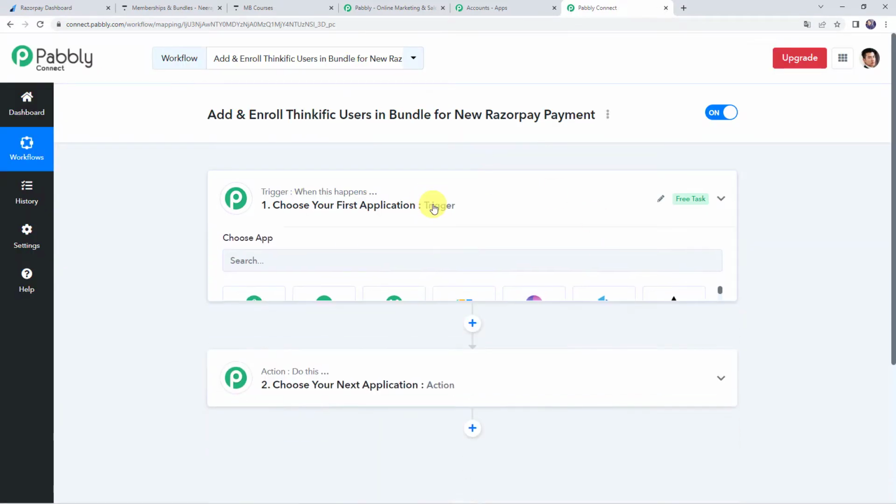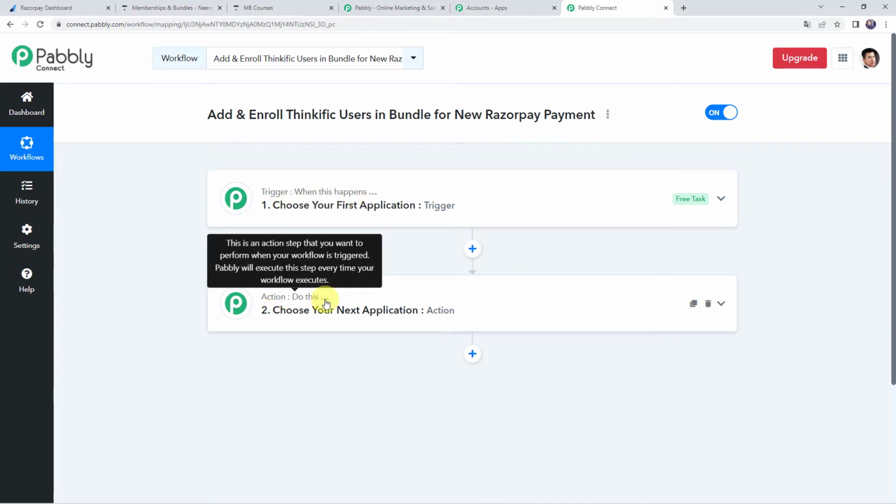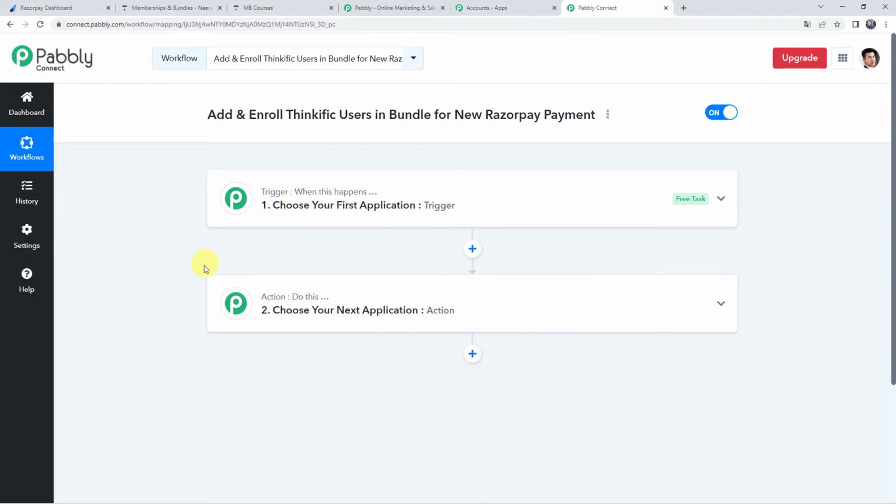Now we can see a trigger window and an action window. So Pabbly Connect works on the concept of trigger and action. Trigger means when this happens, action means do this. So in this particular use case, we want that whenever a customer makes a payment through your Razorpay payment link, automatically the same customer or the user should be added and enrolled to the bundle of courses into your Thinkific